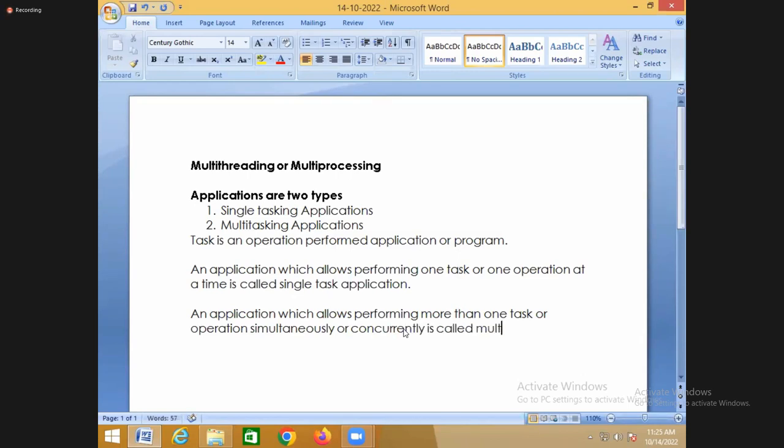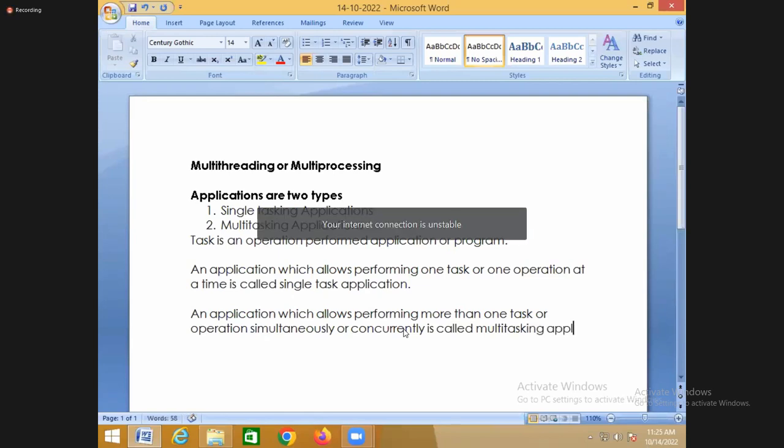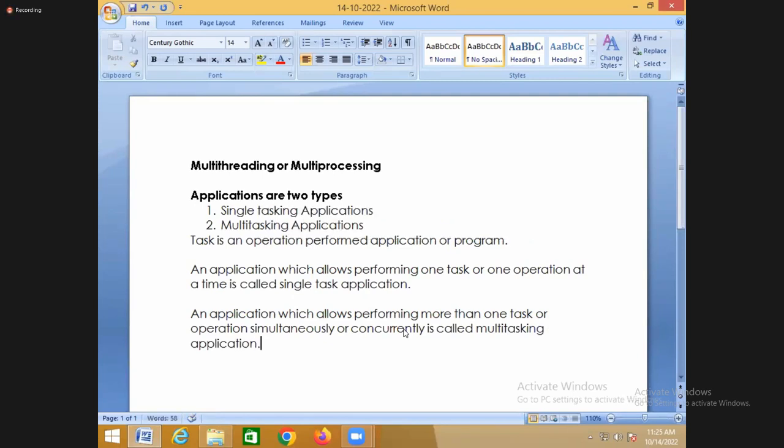Because one processor at a time can do only one operation, but simultaneously it is able to do more than one operation. An application which allows performing more than one task or operation simultaneously or concurrently is called a multitasking application. And these multitasking applications